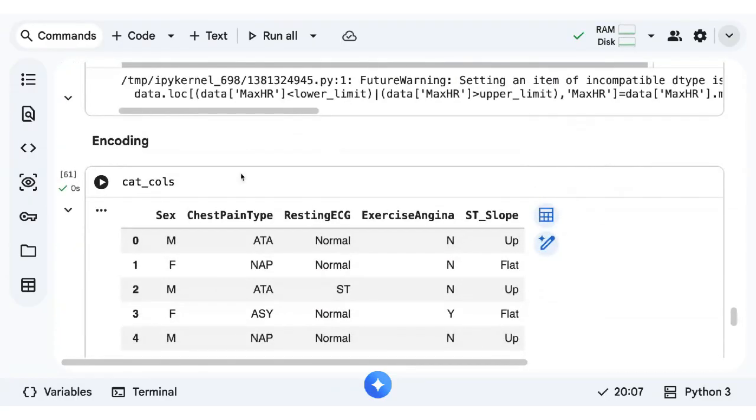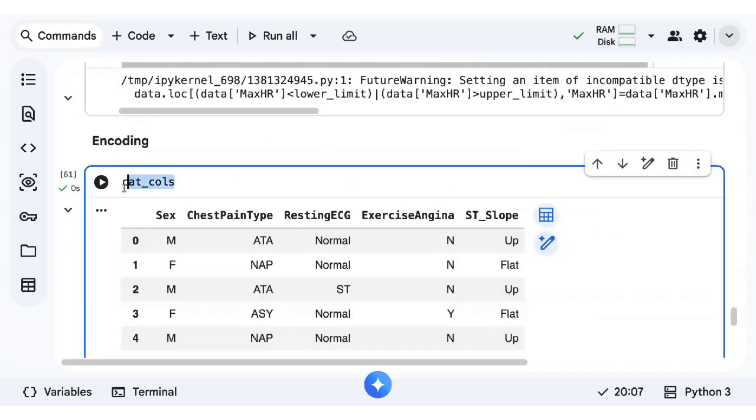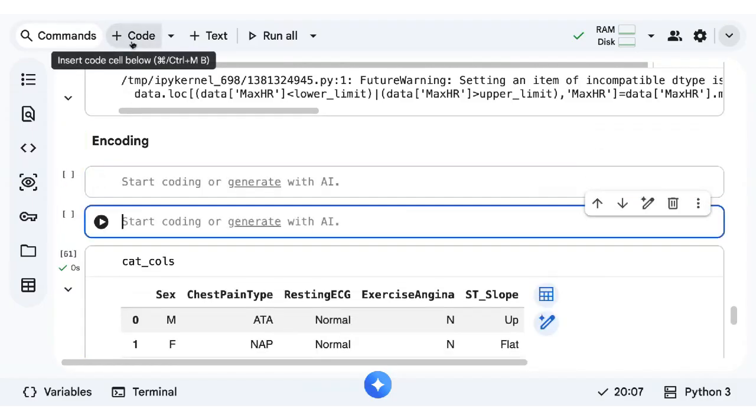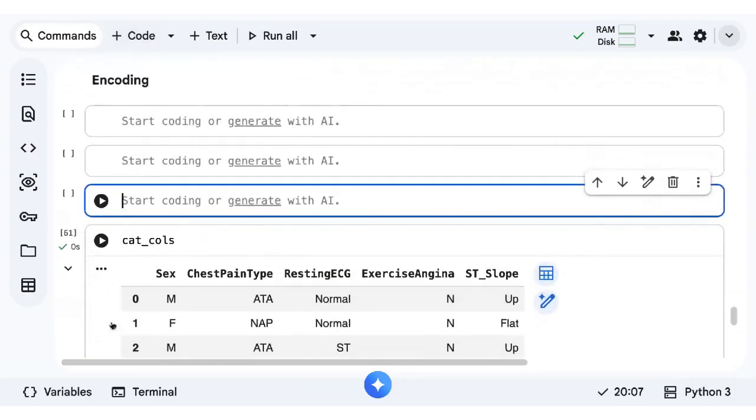So when I say encoding, basically we look for a column which has categories. So this is the column which has got the categories. I have taught you different methods. Now you have to decide for which column, which method has to be used. Okay, so deciding plays a very important role.